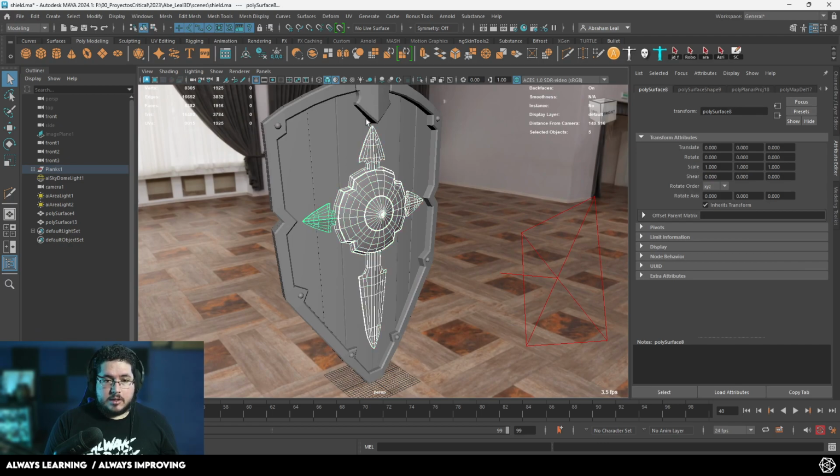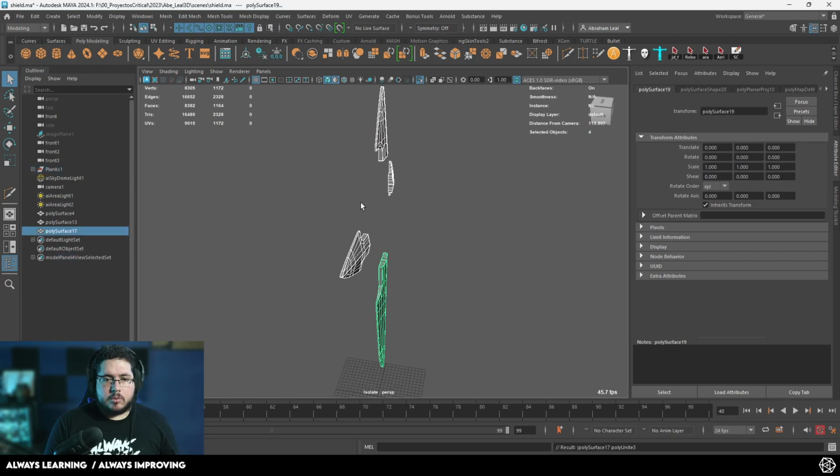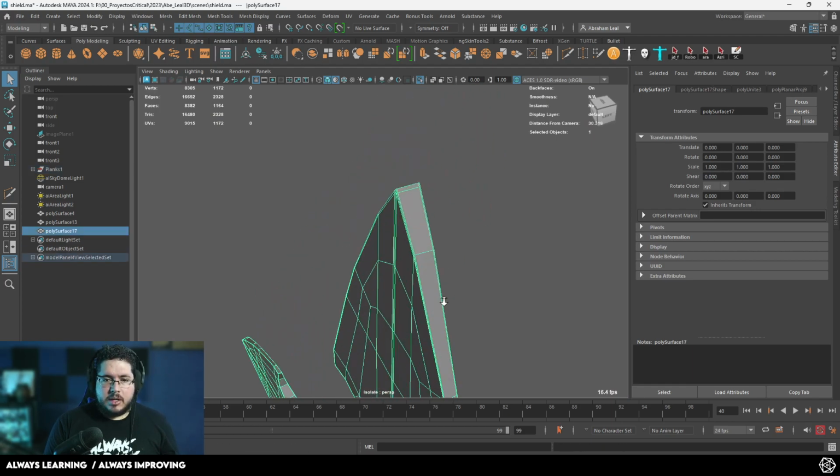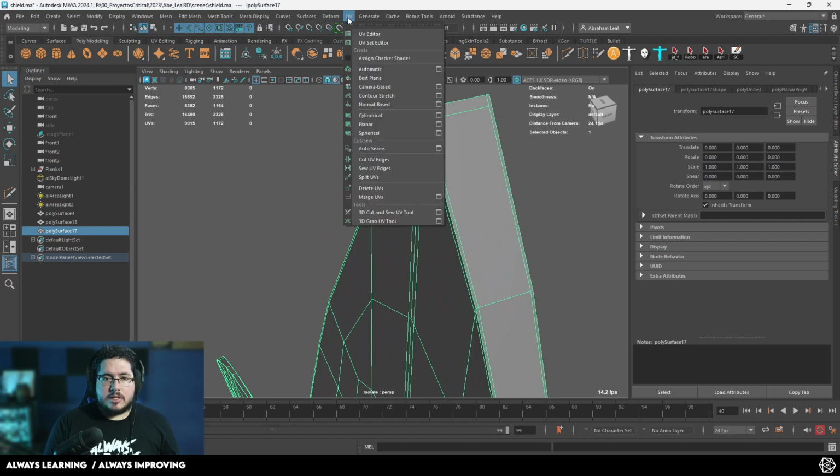Now for this thing right here, this is going to be a little bit more interesting. Let's go for the arrows first. Arrows are super easy. Again, we're going to combine everything at the end, by the way. So we're going to combine, and what I'm going to do here is I'm going to go to this tool